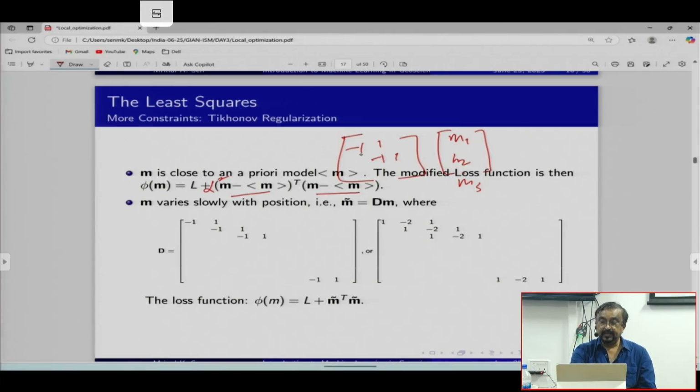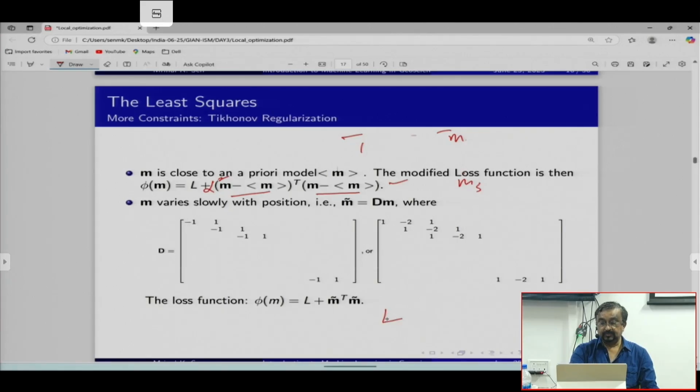And they don't even have to be minus 1. It could be 0.25, 0.5, and things like that. So it's essentially a running average. So this will give you a smoothness constraint, okay? And that smoothness matrix is D. So what you have to do then is